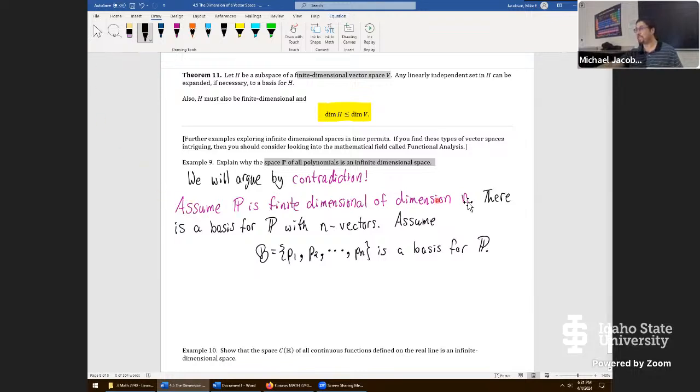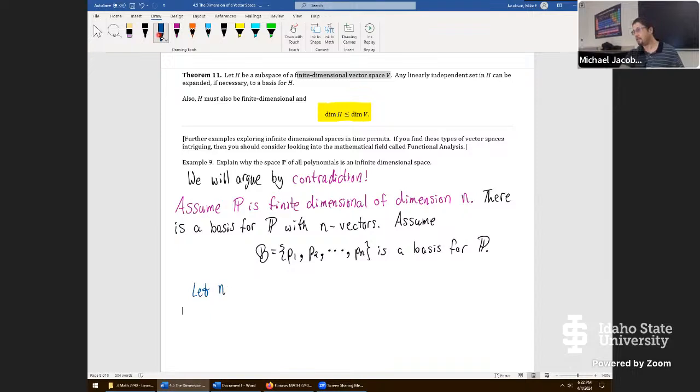The contradiction is right here in purple. If we have finite dimensional, then there's n vectors in a basis. So far that's not quite a contradiction, right? Except recall, these are all polynomials. And you could say, what is the degree of every single one of them? If this is function 5, its degree is 0. If this is the function t cubed, its degree is 3, and so on. But there's a finite list. And so we can definitely say,